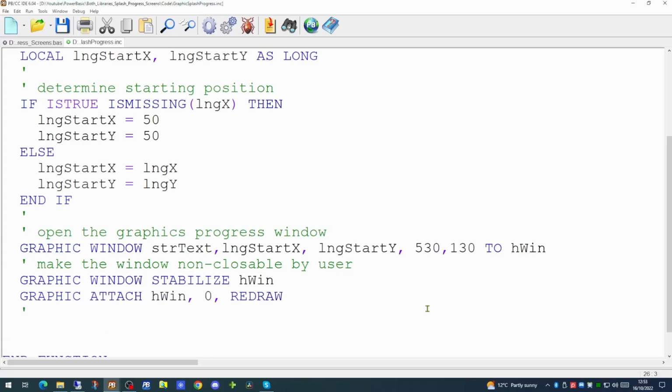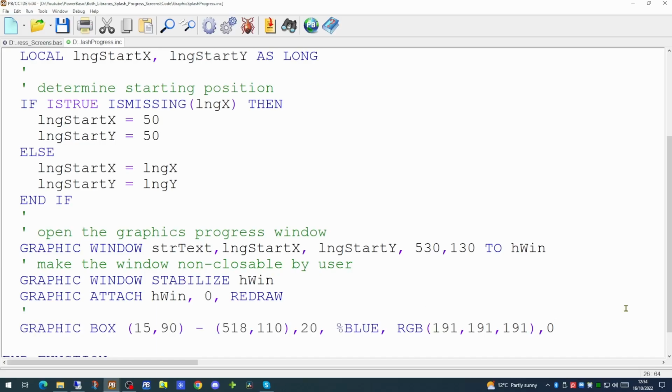And now on this window, I want to draw a progress bar. So we're going to draw a box inside which this progress bar is going to be drawn. This takes a number of parameters, the first being the coordinates where we start drawing the box, and the second being where we end drawing the box, and the 20 is the amount of rounding we've got on the box corners.